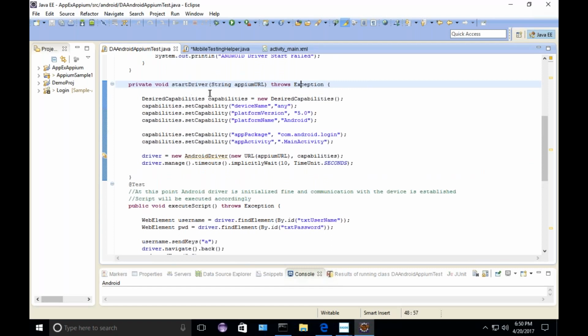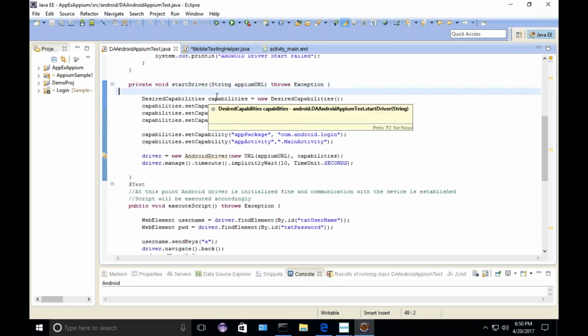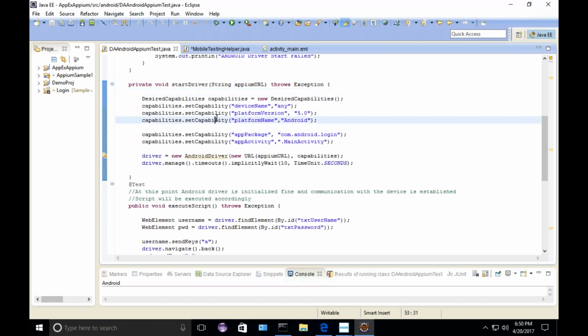But where we're setting our desired capabilities up, we can use some sort of switch statement that says if we are reading iOS, use the iOS capabilities and pass that capabilities object to the iOS driver instead of the Android driver. Again, that gets down to logic.